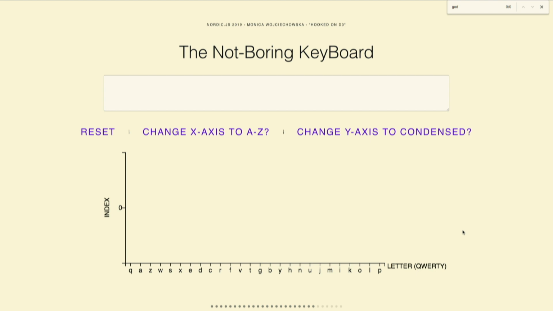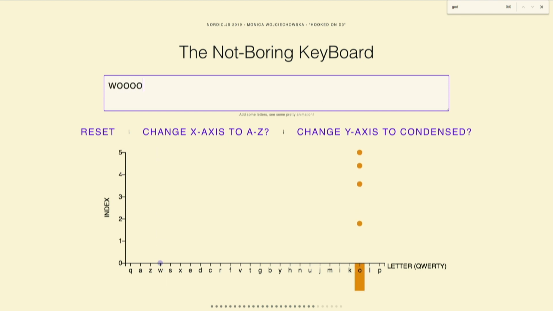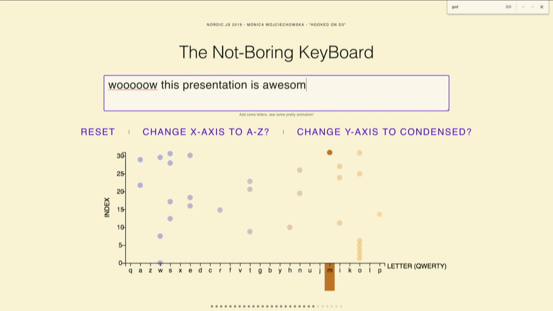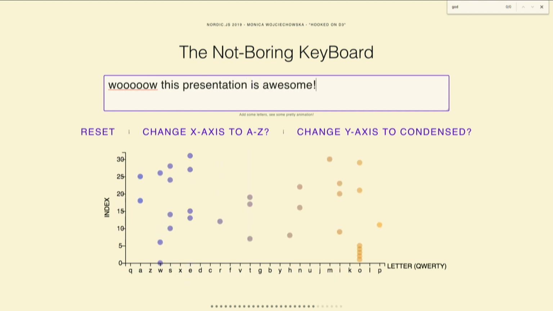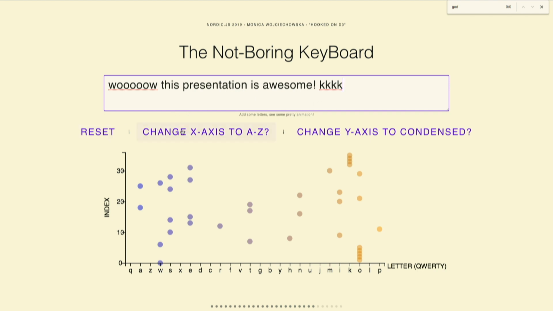So that was the inspiration behind this visualization, and it was meant to sort of be a live exploration of that question. So here, each key on my keyboard represents one column in this chart, and I can just start typing something very unbiased in, like, wow, this presentation is awesome. And we see that a data piece is appended, and a bar is showing the user that something is happening below that.